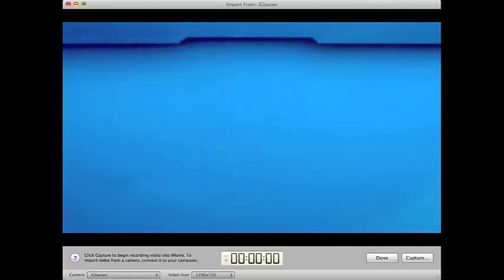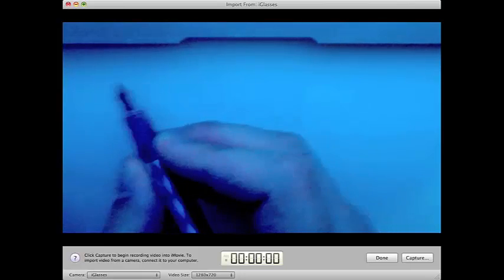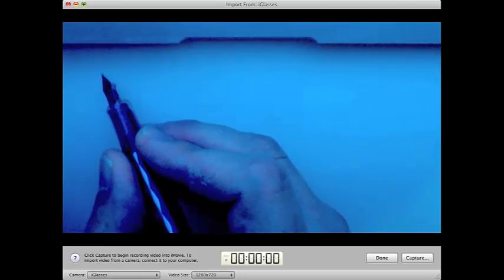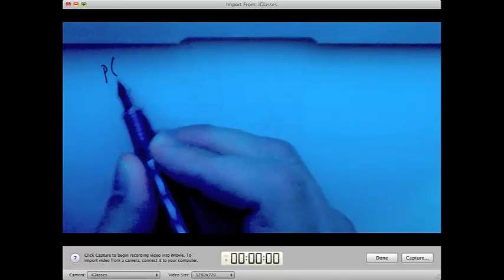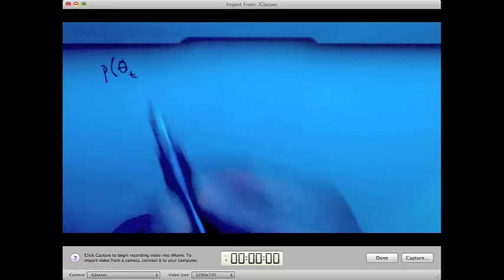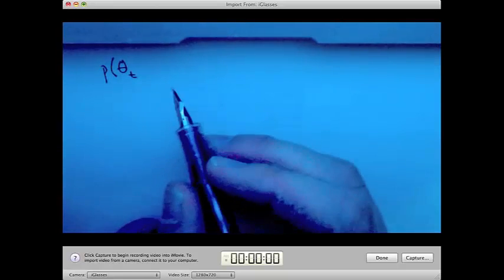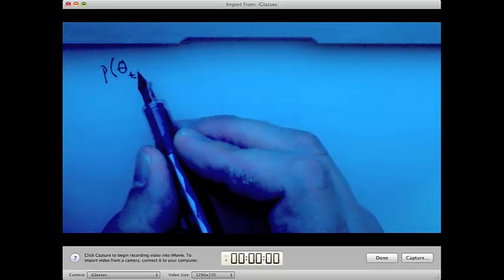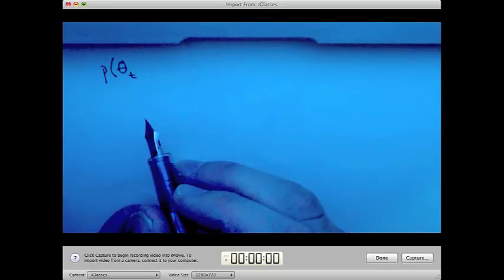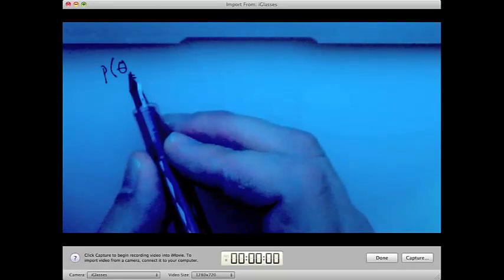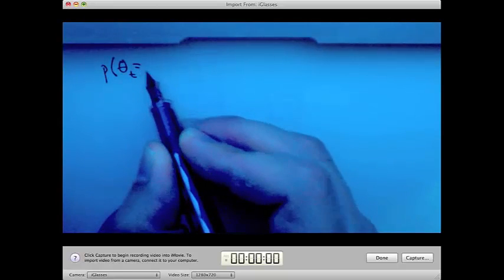So what do I want? I want theta t to be in some specific state. Shall I make explicit what state I'm talking about? Sure. So I'll write theta t to be in some state S sub i,